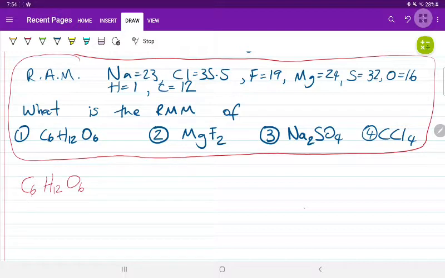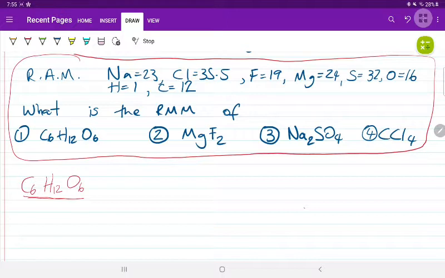You had C6H5O6, and remember what you're doing to find the relative molecular mass is you're adding up the masses of each element, the relative atomic masses for each element in their respective amounts. Where do you get these relative atomic masses? These are the mass number of each element from the periodic table. So for this compound right here,